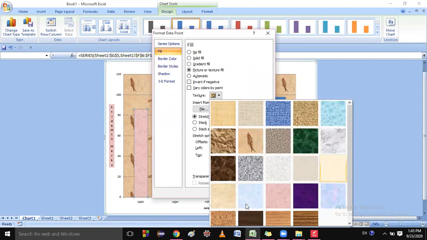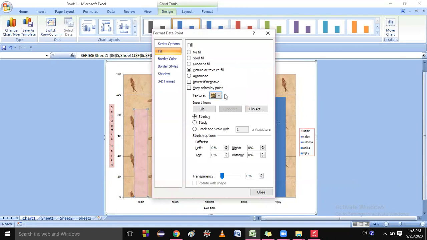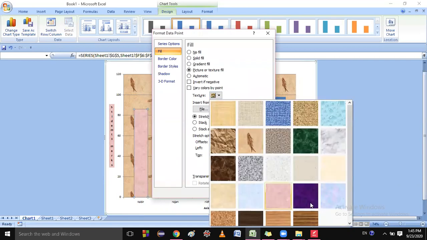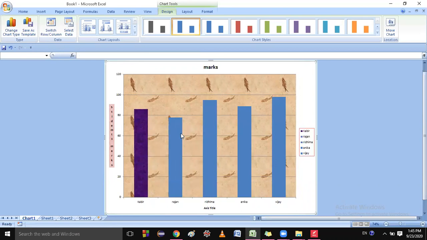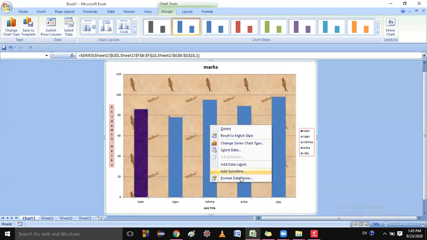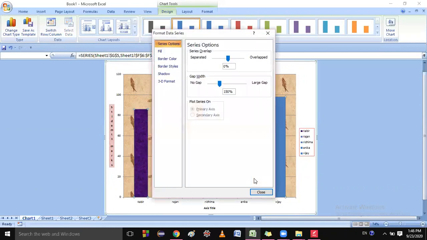Let me format this one. Can you see this? This color is changed right now. Yes. The pillars' color is changed. Format data series. You can see this.